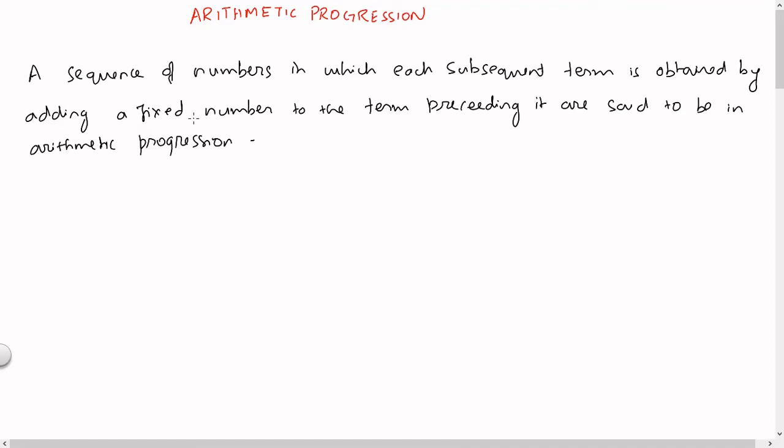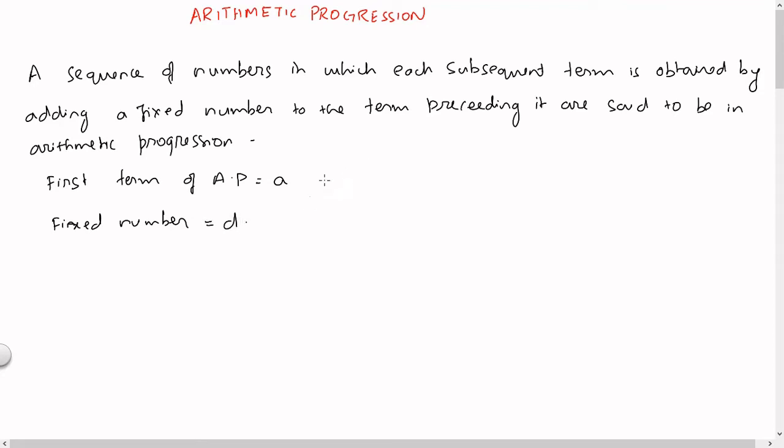So what it says here is, to get every subsequent term we need to add a fixed real number to its preceding term. So let us say we denote the first term of the arithmetic progression, in short we will represent that as AP, let us say that is equal to A. By convention we always use A to represent the first term of AP, and the fixed number which we add to get the next term, that we will represent by D.